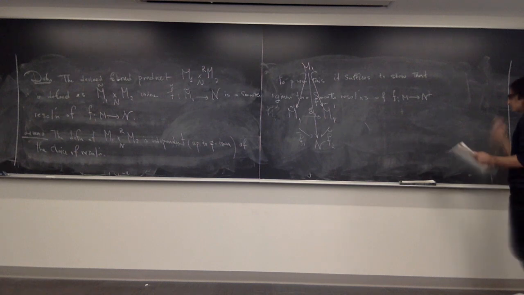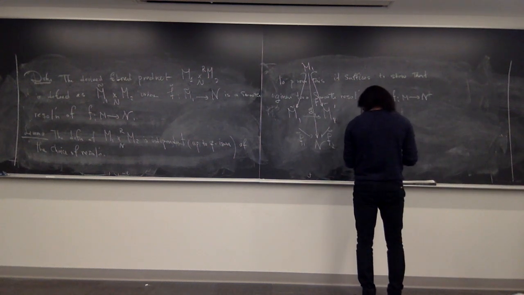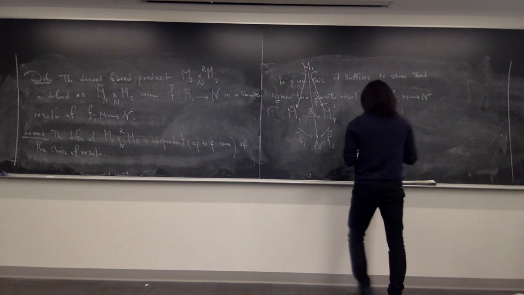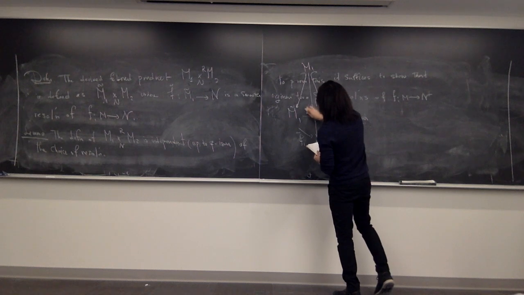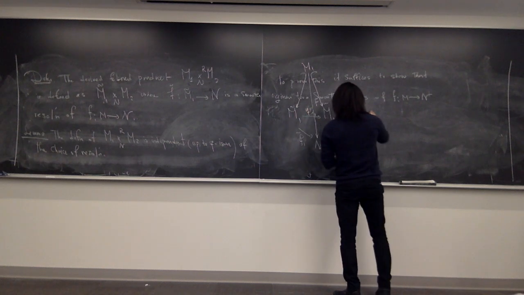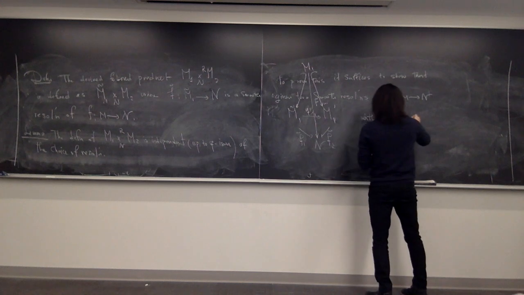Those are okay. So it suffices to show, let's call this thing Q or G, with Q a quasi-isomorphism,